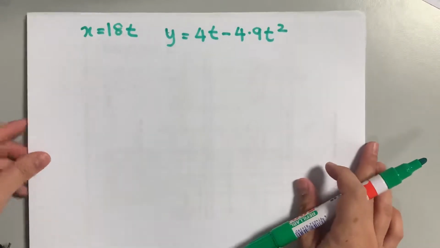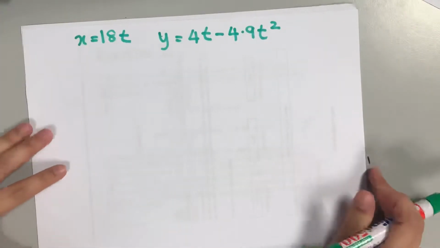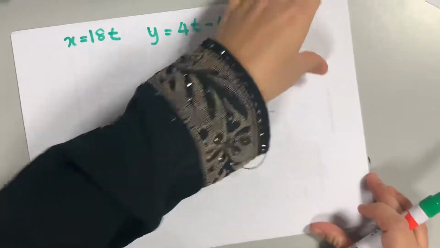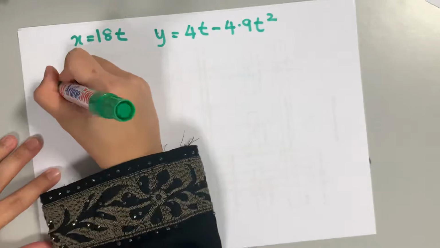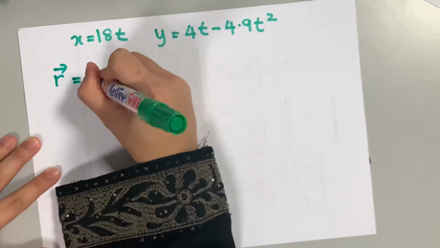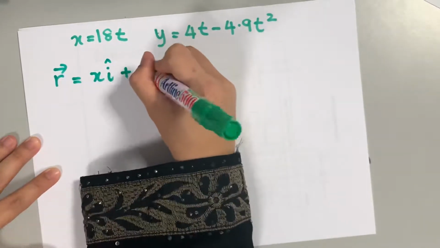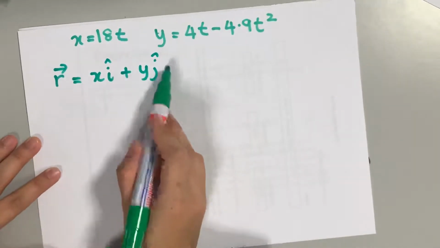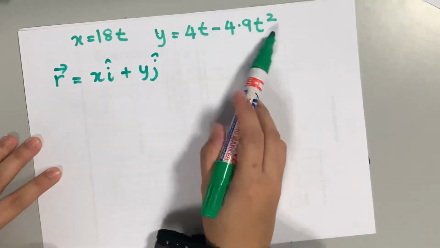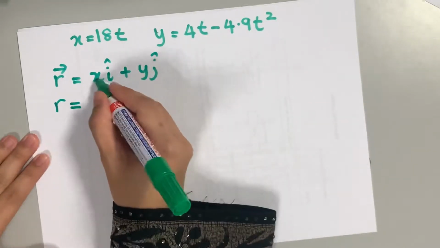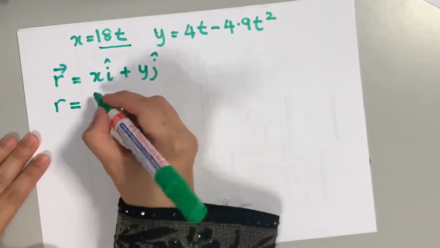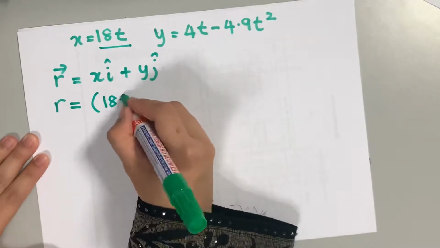Okay, first you have to express the position in i and j. So position is equal to xi plus yj. Here is how to write position in terms of vector. So you just copy everything. r is equal to, what is your x? x is 18t, right? So 18ti